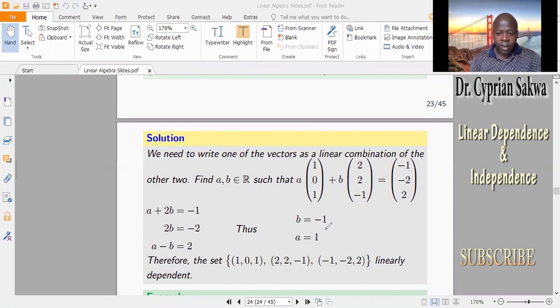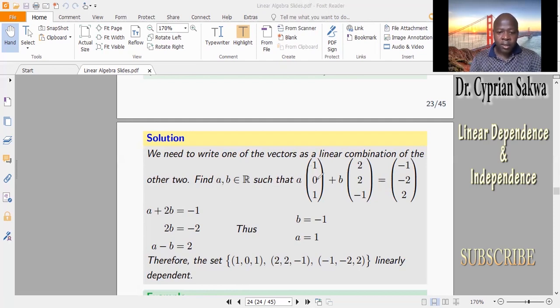That is our definition of linear combination: we want to find whether we have scalars A, B such that A times the first vector plus B times the second vector gives you the third vector. So when we do that, just multiplying through, we have A plus 2B equals